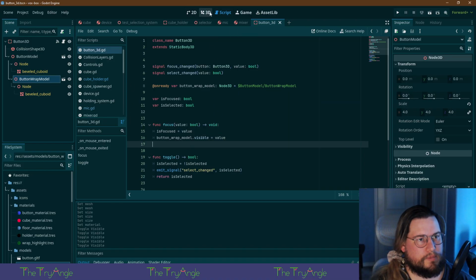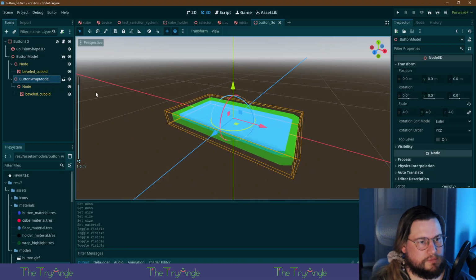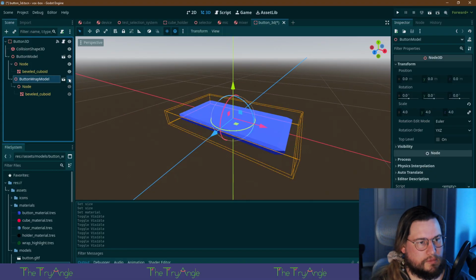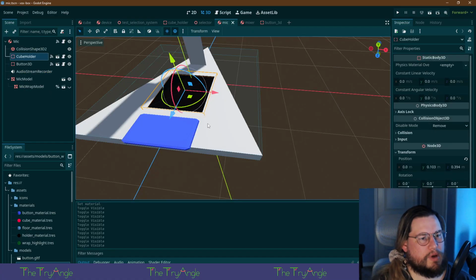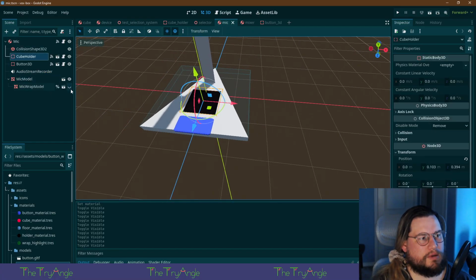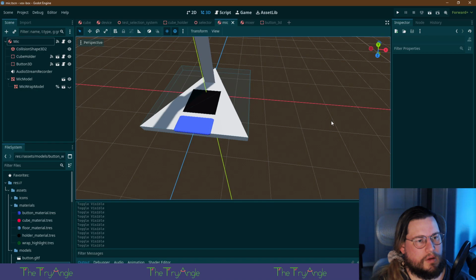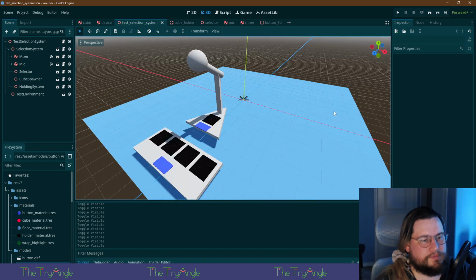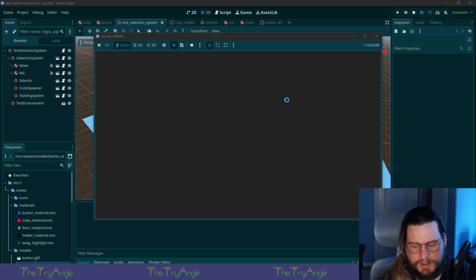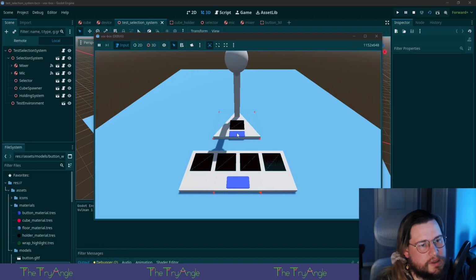Okay. So the mic. Right. Let's test how some of this highlighting works. We got the button.